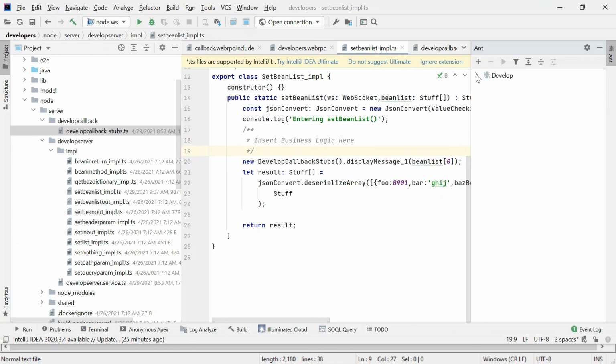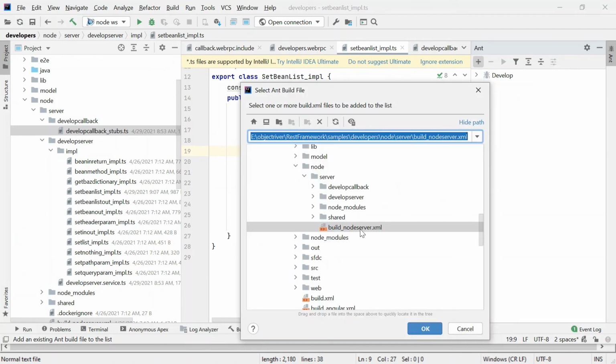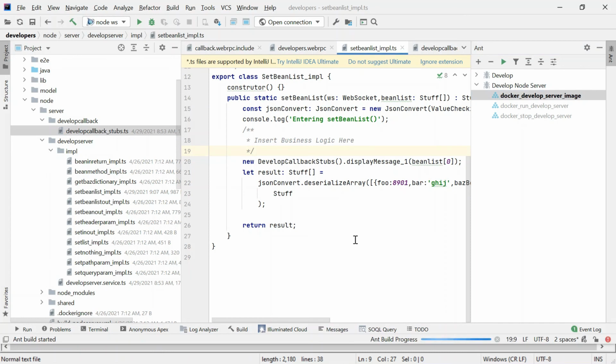But if we go to Ant and open this, which got generated, this is an Ant script down in your Node server directory, and this is to build the Docker image and run it. If I go to this target and execute that,